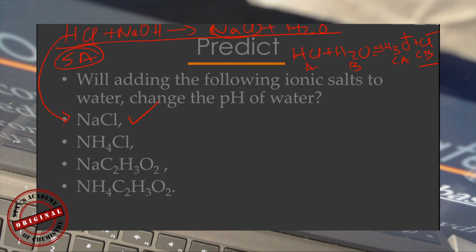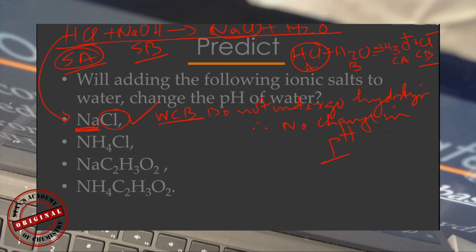So your answer should be Na does not affect because it's a spectator ion. It's coming from a strong base like NaOH. This is a strong base, this is a strong acid. So Na plus will not undergo hydrolysis. Then we are looking at Cl minus, which is a weak conjugate base because it's coming from a strong acid like HCl. Therefore, weak conjugate bases do not undergo hydrolysis. Therefore, no change